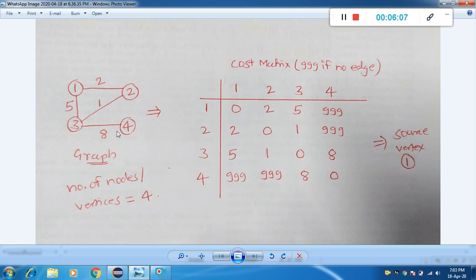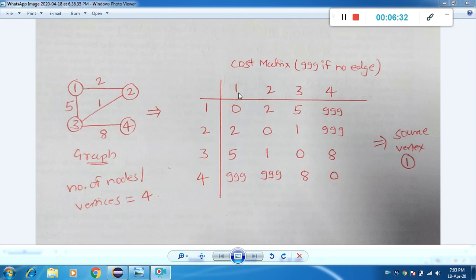But it is not possible to directly provide this graph as an input for your program. That's why first convert this graph into its equivalent distance matrix or cost matrix, as shown in this cost matrix. Let's see how I can convert this given graph into a cost matrix by this diagram.